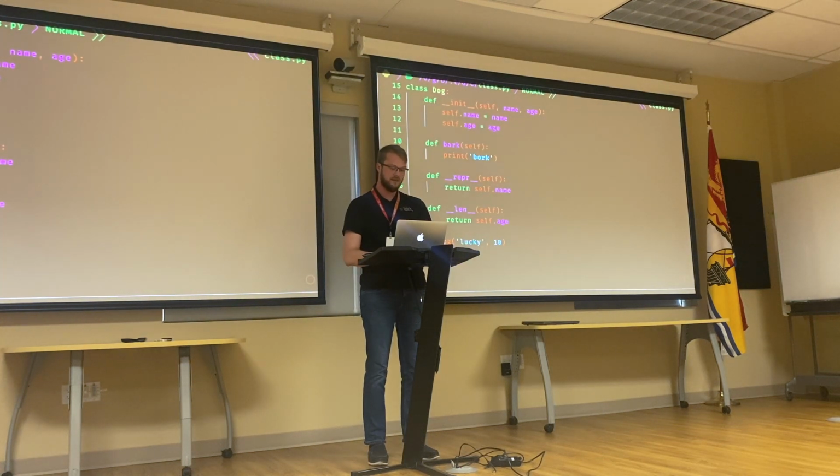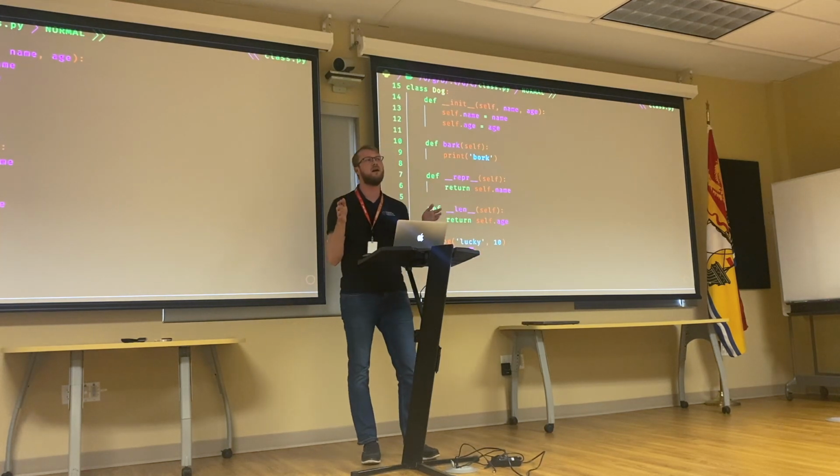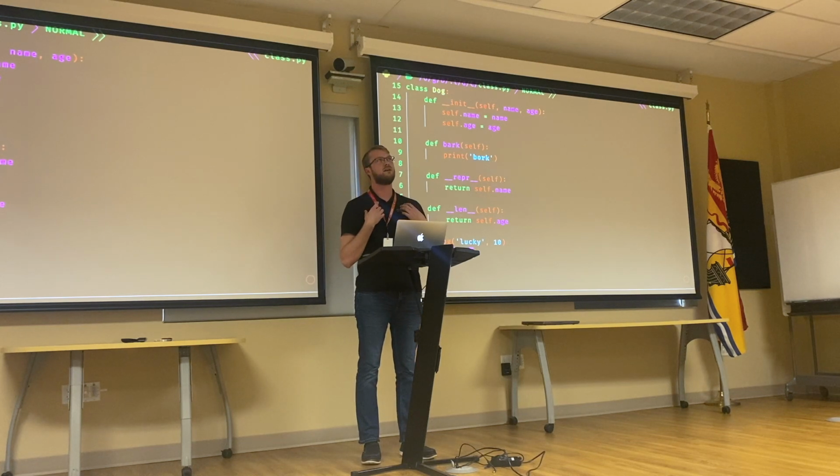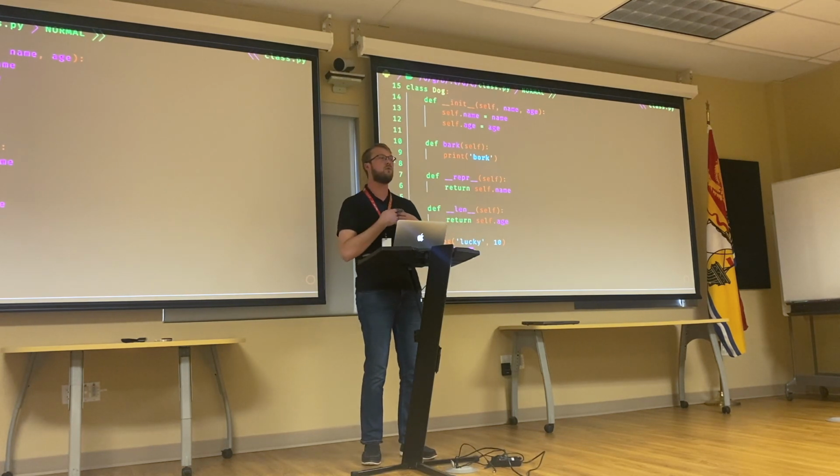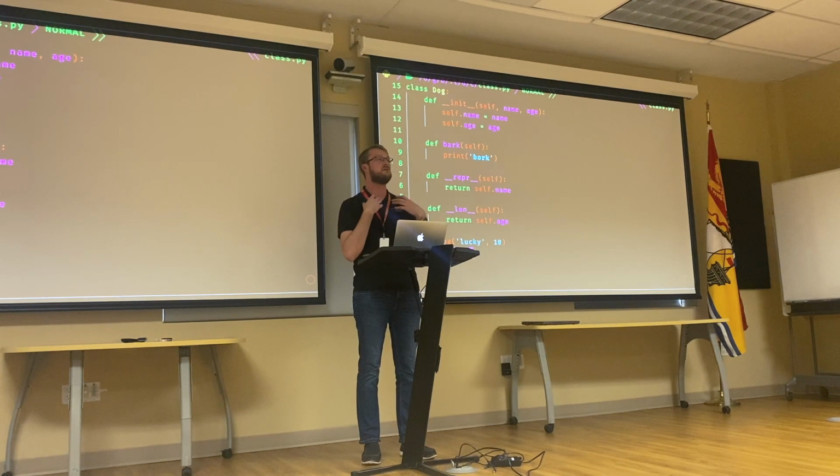But what if we wanted to get the length of a dog? Like, what does that even mean? You might be thinking, you want the literal length of this dog. No, that's not what I'm talking about. I'm just talking about, for example, if we have other data types like a list and there's 10 elements in this list, we might want to know that there's 10 elements in this list. But if we're talking about more abstract things, we might want to define what it means to get the length